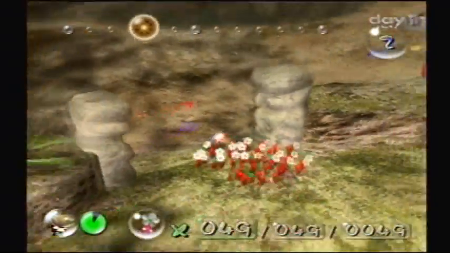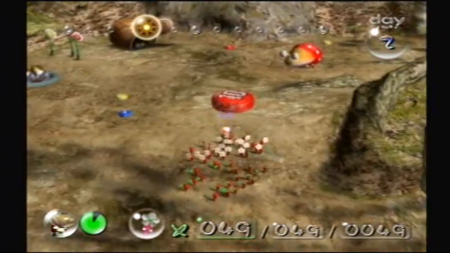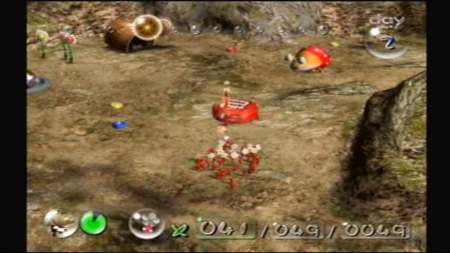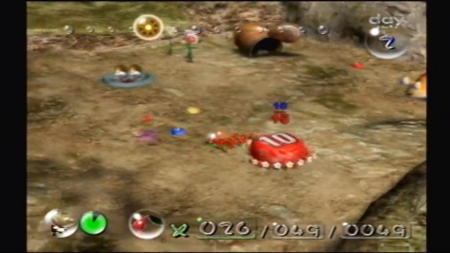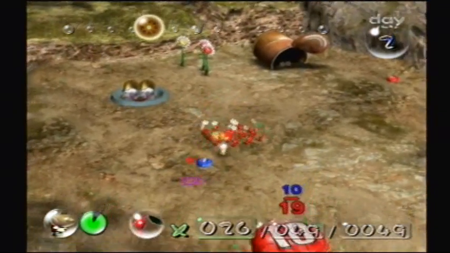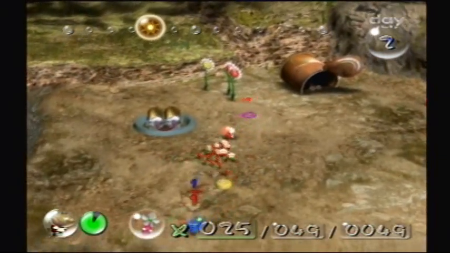Pikmin will frequently get stuck on objects in the map, sometimes for no reason. Sometimes this is just a consequence of impatience with slower moving leaf Pikmin. If you run too far ahead of your squad, they won't be able to catch up and this could put them in danger. But other times, it'll happen just because of how unnecessarily awkward it can be to control the